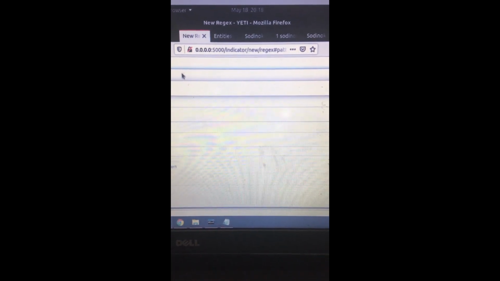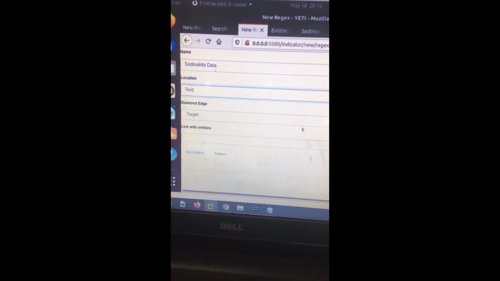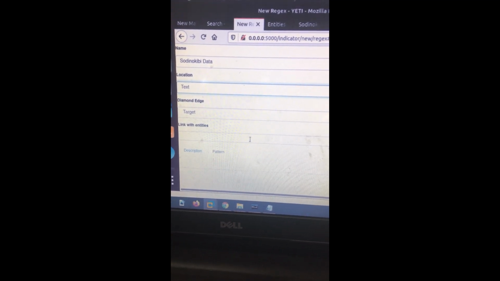In order to create an indicator, I am typing as follows. For example, we have written the tag, but now here we have to select the entity, not the normal tag.